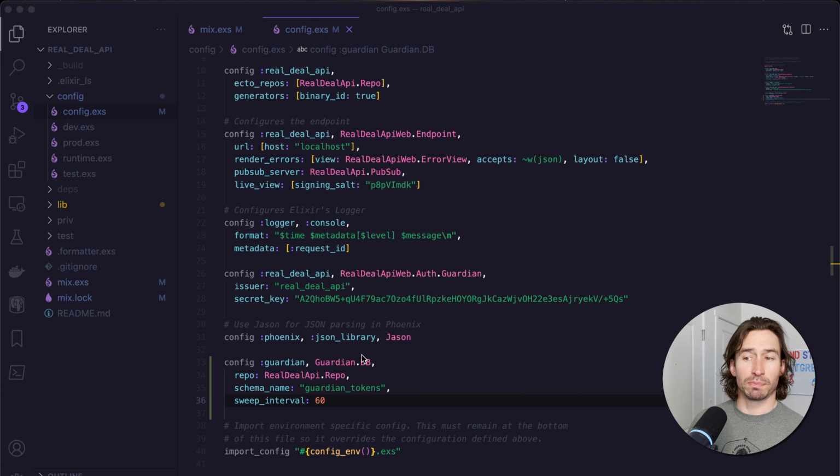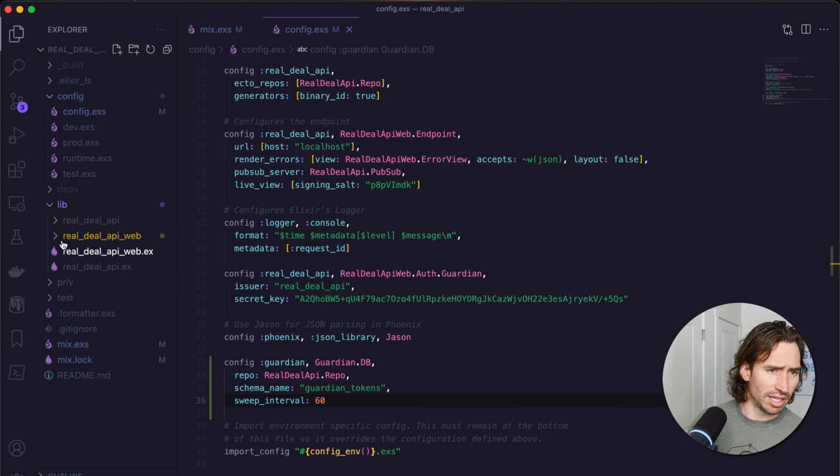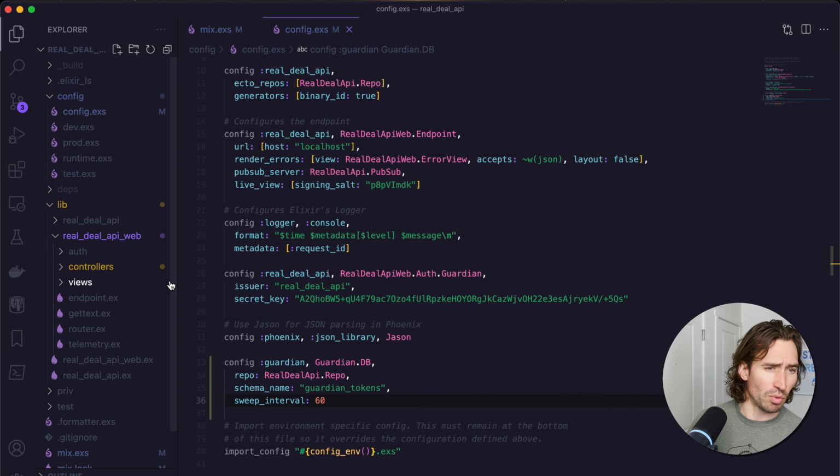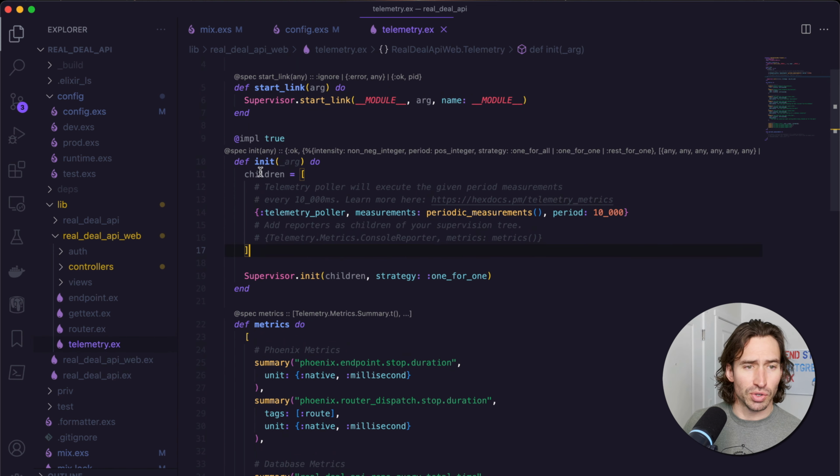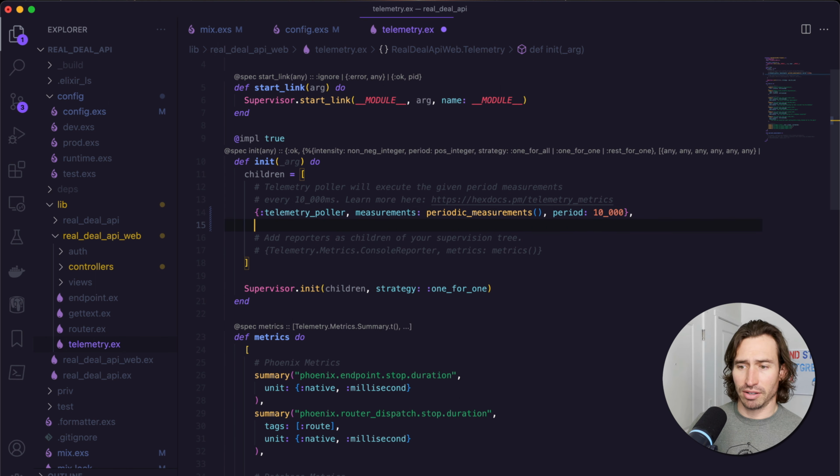Now, to sweep expired tokens from our database, we need to add a command to our supervision tree, which is in our telemetry file. So let's go ahead and expand lib, and then our Real Deal API web, and then you'll find telemetry.ex. Let's open that up. And in our supervision tree, in this children list, we want to just go ahead and put a comma after this curly brace. And then underneath, we just need to do an opening curly brace,